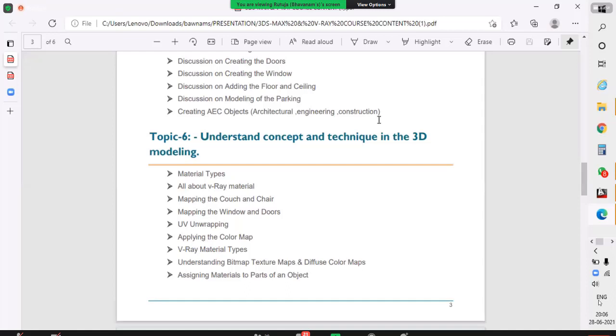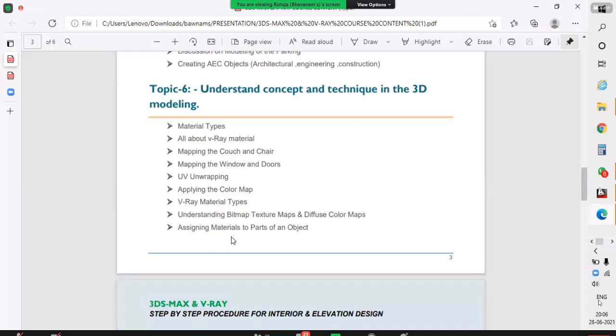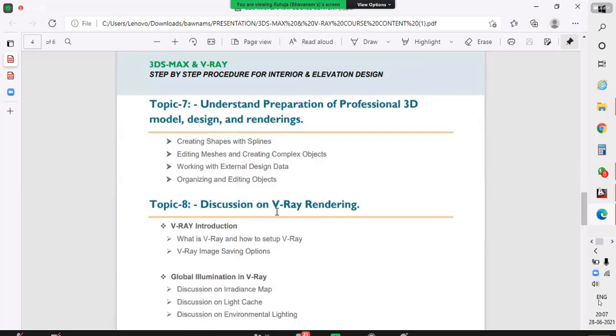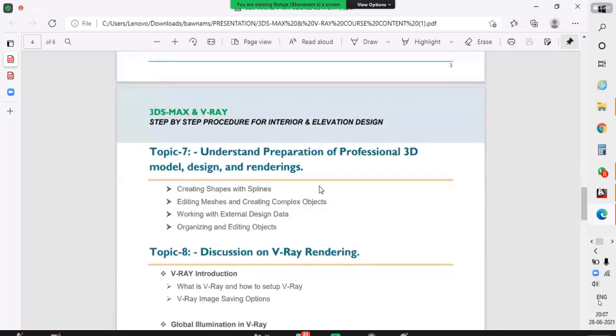Okay, then V-Ray material type, and then understanding bitmap structure. I will teach you in the workshop also how to apply bitmap structure. Assigning the material to the part of the object. Okay, each and every object should have its own part. I will teach you in editable poly also previously. Yeah, but we will discuss in detail in our detailed classes.